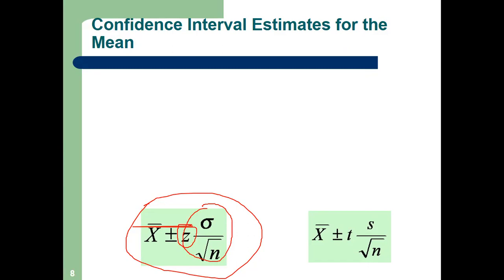Increase. No, sorry, decrease. Increase or decrease, Nimish? Tejaswita, if I increase n, what is going to happen with this term? It will increase or decrease? Sir, decrease, because n is in my denominator. If I increase n, my whole term will decrease, right? Yes, sir, decrease. If I increase sigma, my whole term, z sigma by root n, will increase or decrease?